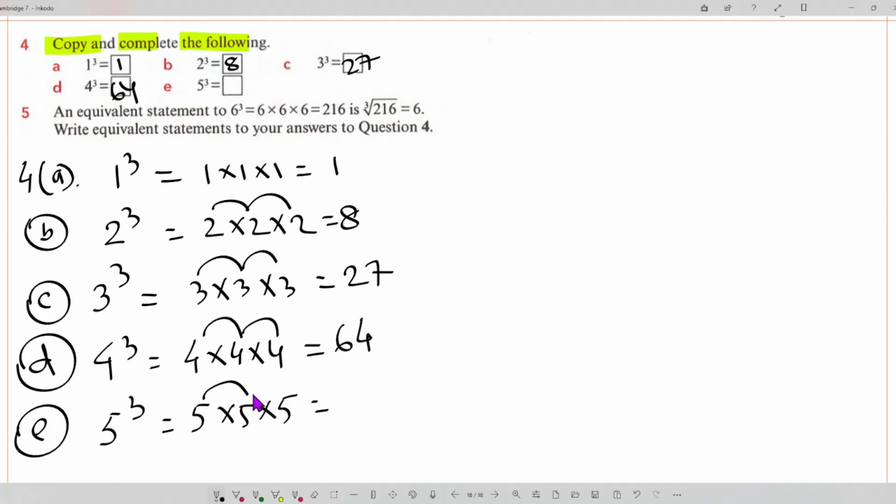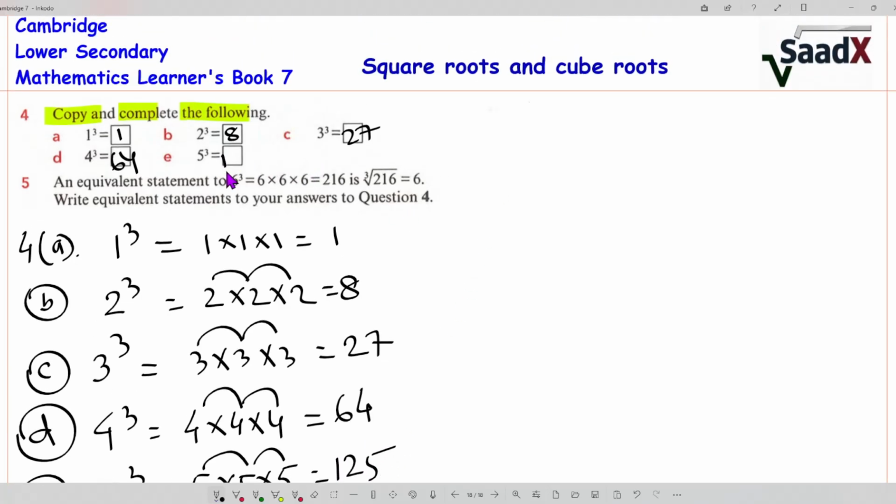So 5 times 5 is 25. 25 times 5 is 125. So number 4 is done. Number 5, an equivalent statement to 6 cubed equals 6 times 6 times 6 is